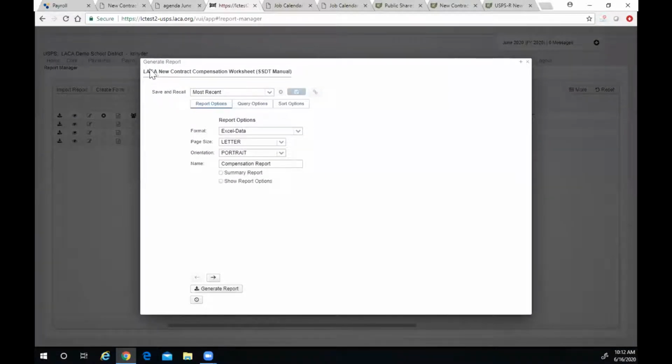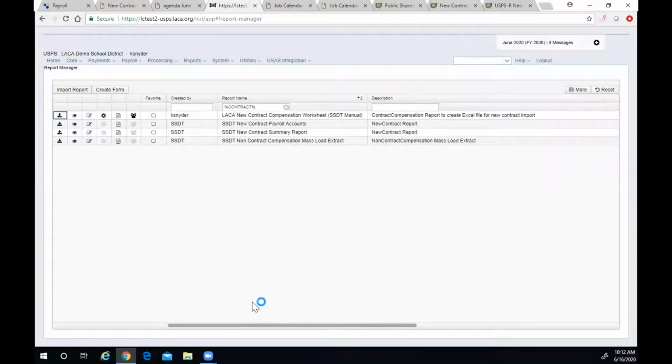So if you generate this LACA new contract compensation worksheet, which we took from the SSDT manual and uploaded into your databases today or after, then you have some query options. So you can filter based on compensation start date. If you want, you can filter based on pay group. And I'll just go ahead and pull in current year compensations and generate the report just so we have something to look at. This is going to create an Excel spreadsheet,